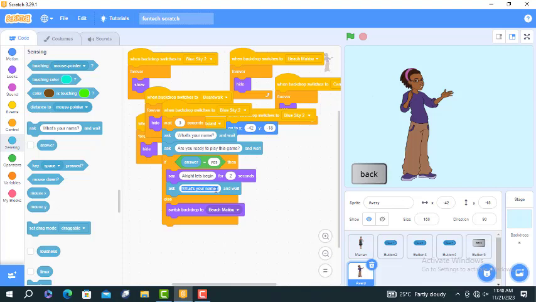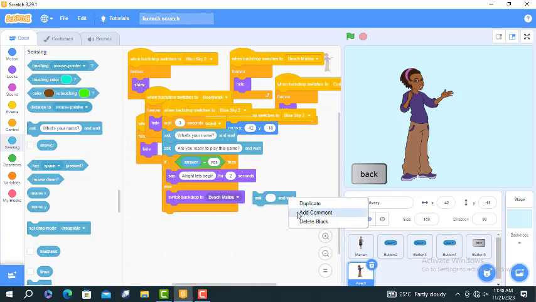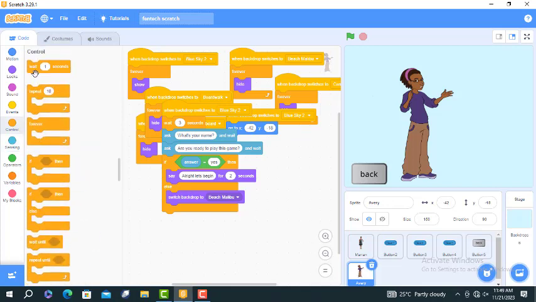Ask, let's see, who is, wait, no. If we add this here, I want to add whether it's correct or not, it's going to give us issues. So let's try something like this. Wait 2 seconds,